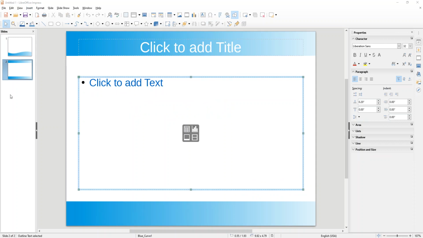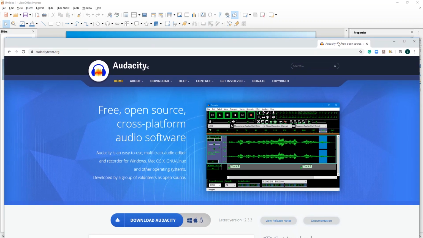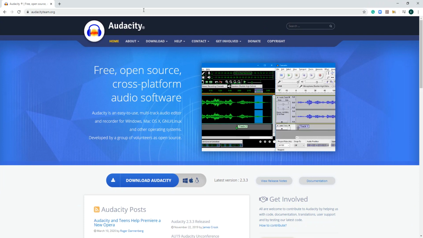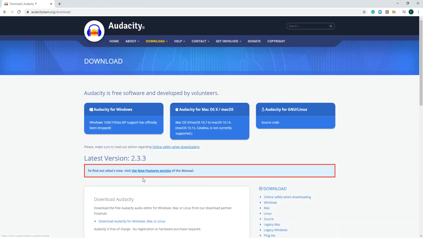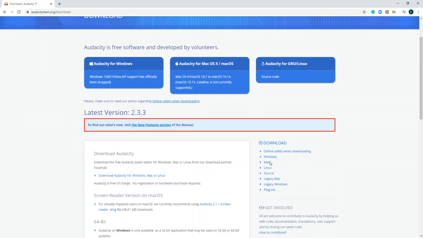All right, guys. I'm trying to add a recording device for the LibreOffice. The LibreOffice does not have the embedded recording, so we have to add a third party. So we're gonna install this software, and it's pretty much the same. We're just gonna pick the operating system, the latest version,